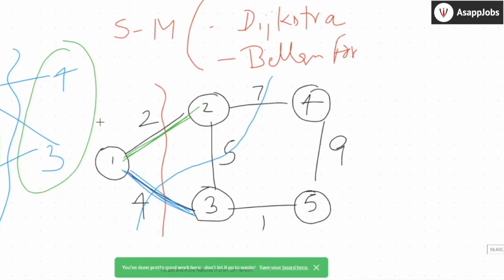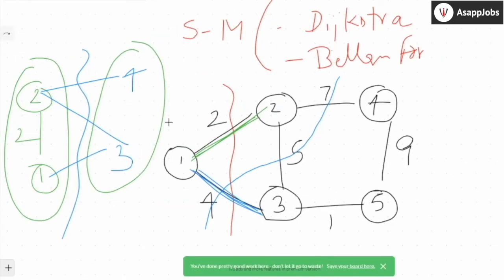So to maintain that, on each vertex we'll keep a property which will say what's the minimum distance I have from the source to that vertex. So here, when I initialize my initial cut, which was 2 and 4, I pick this particular vertex, which is 1 and 2. I know I can reach 2 from 1 with a cost of 2, because that's the edge cost. I add the cost here.